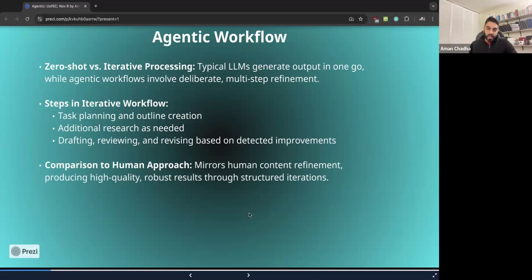And then once it has access to the outline, the additional research that had to be done for each step, that is when it actually starts processing this particular prompt, this expanded prompt with all of this relevant detail to give you an output, right? So this is an iterative workflow, right?